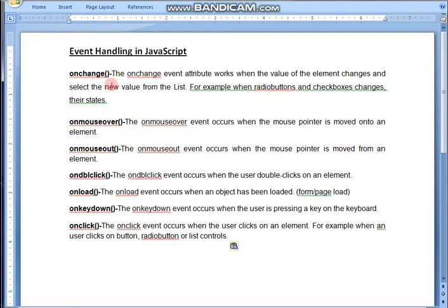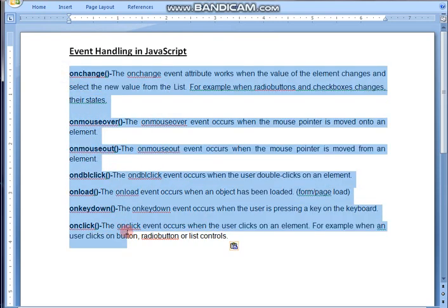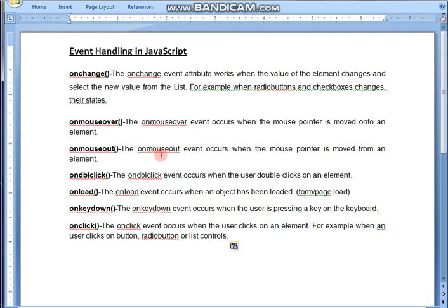Students, last class I told you that we will start event handling in JavaScript today. Here I have given 6 to 7 of the most important events. There are so many events other than these in JavaScript. Some of the events, like 7 events, I'm specifying here with examples. We will see their definitions as well as their examples.